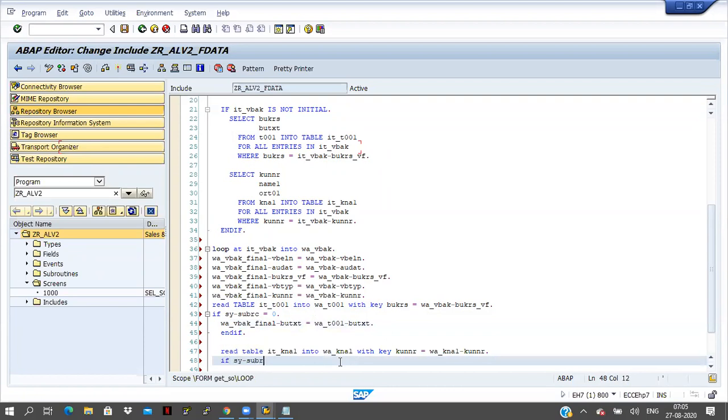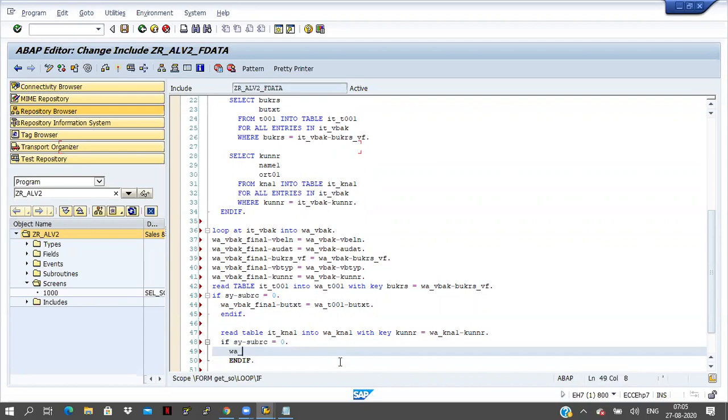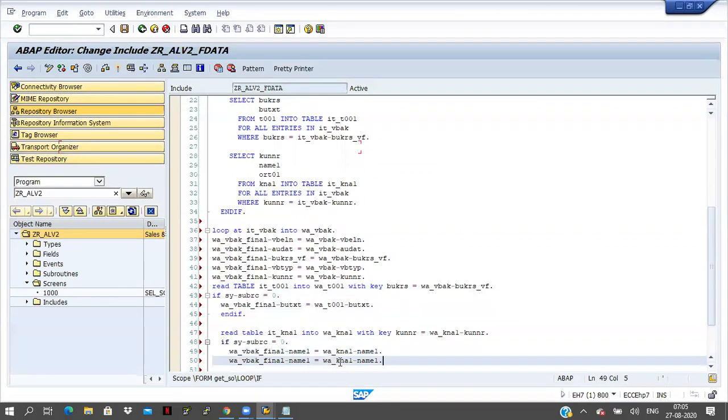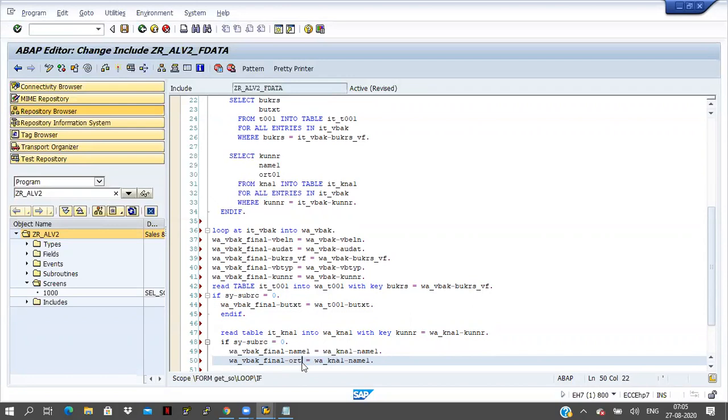If sy-subrc equal to 0, means if the above line is executed successfully and something data is there in that work area, then work area VBAK final hyphen name 1 equal to work area KNA1 hyphen name 1. Here ORT01, and here also ORT01.